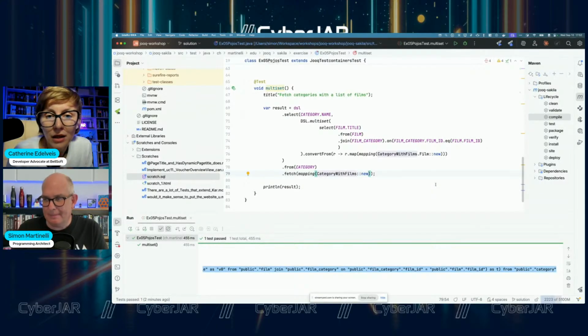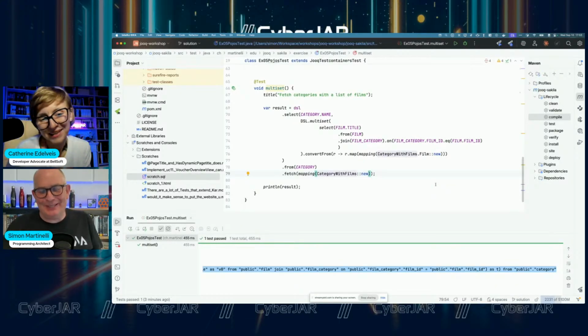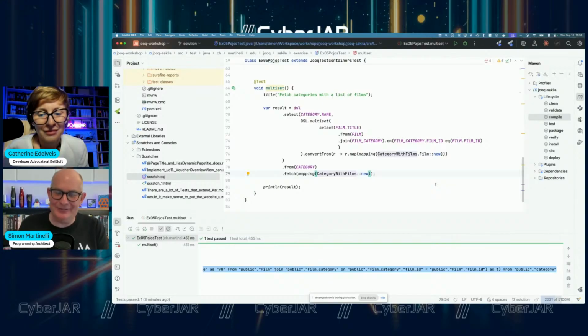Love it. Is there anything that is non-trivial with JOOQ? Is there anything that JOOQ doesn't support or struggles with, so that we get to know what we are dealing with? The problem with JOOQ is that you have to know SQL. Yeah. Because a lot of people that are using JPA don't really know how SQL works. Because SQL is very powerful.